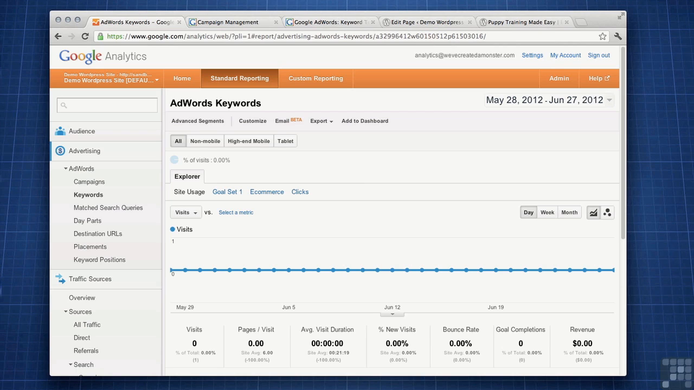Again, I just want to reinforce the point of when you're paying for traffic, of course, you're going to want to make sure that the tracking is set up properly, the ads are set up properly, because it's very easy to throw a lot of money into AdWords and not get a lot out of it. So definitely make sure to check out those